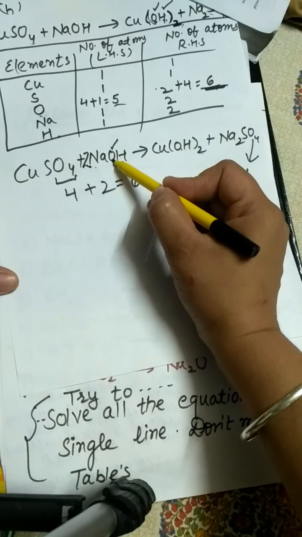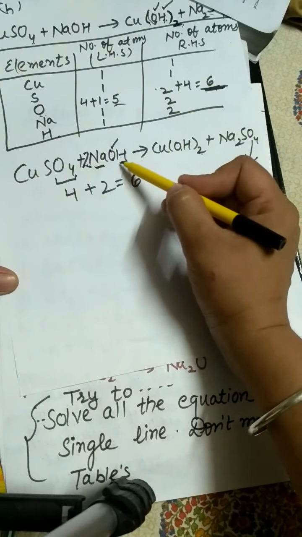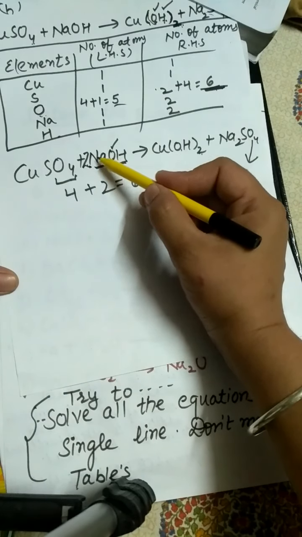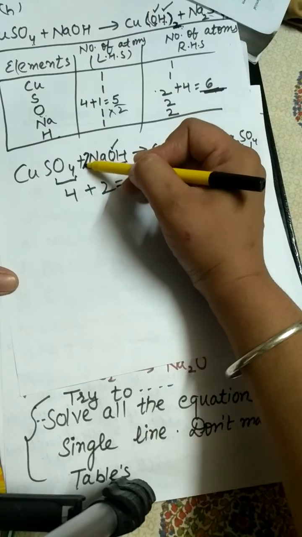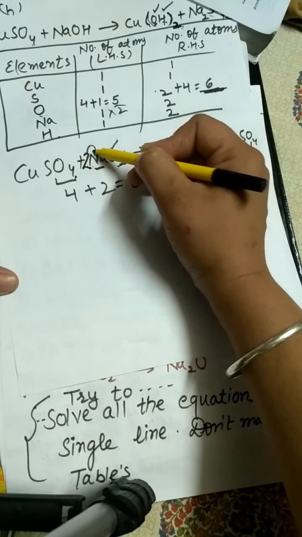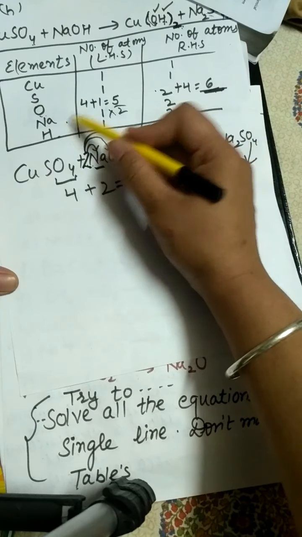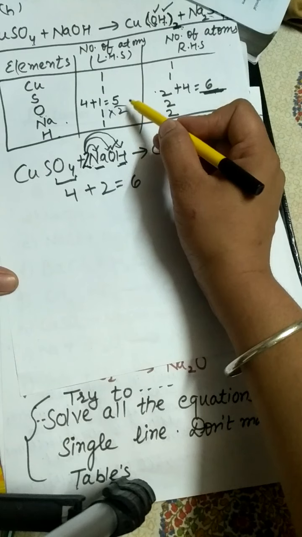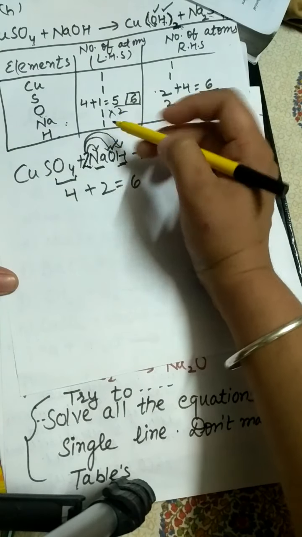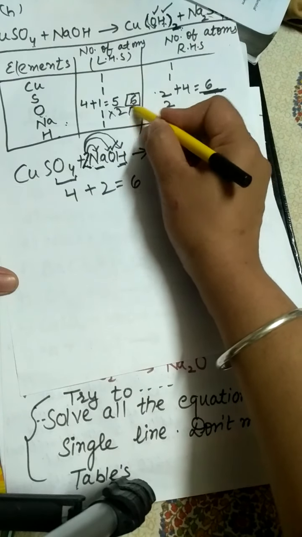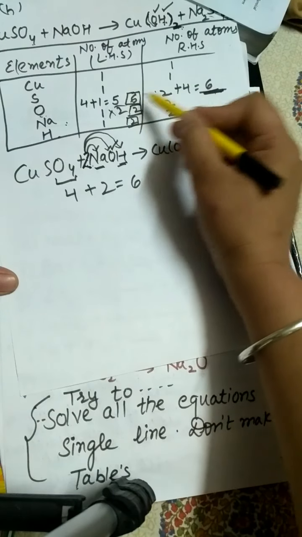Then along with oxygen, sodium and hydrogen are also placed. Sodium and hydrogen are also placed. So they are also multiplied by 2, because I have written 2 here, na beta. So this 2 is with sodium also, with oxygen also and with hydrogen also. So in front of oxygen I will write the 6 because now it is balanced. In case of sodium, 2 atoms are here, so I will write the 2. And in front of hydrogen, again I will write 2.